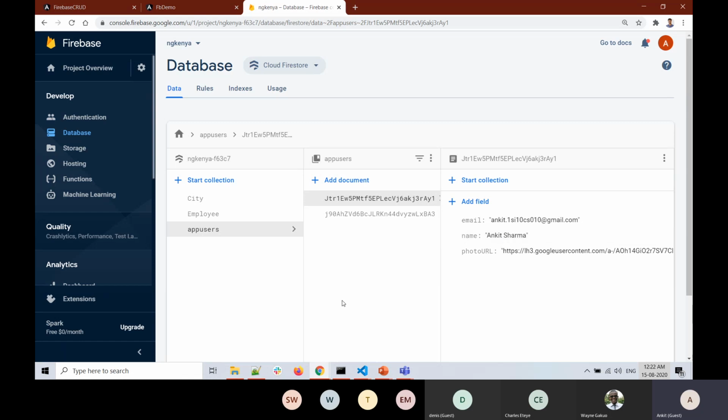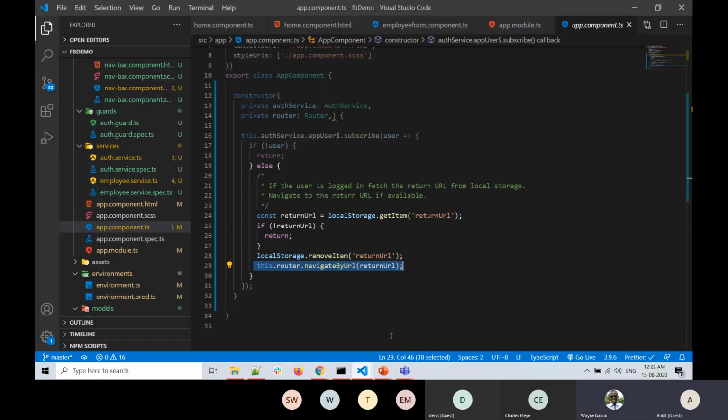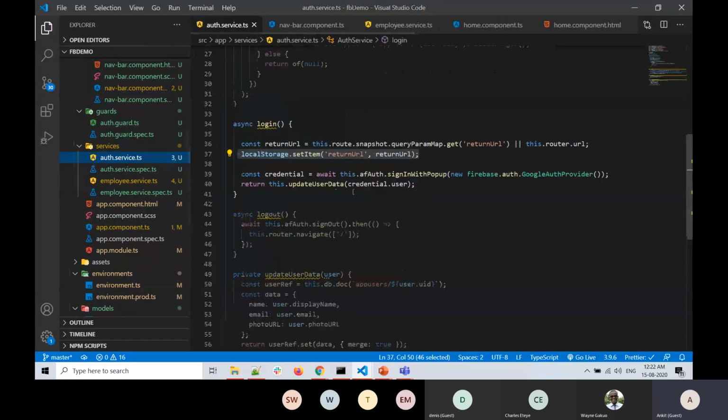but you can always check that. What you can do is clone this repository. I will be sharing the links. In the auth service, see this, const credential. You see this line? This returns the auth object. This const credential will contain all the response message. Using console.log, you can log this data, and then you can see whatever object they are returning. And then you can manipulate that object as per your choice. Okay, sure, thanks.